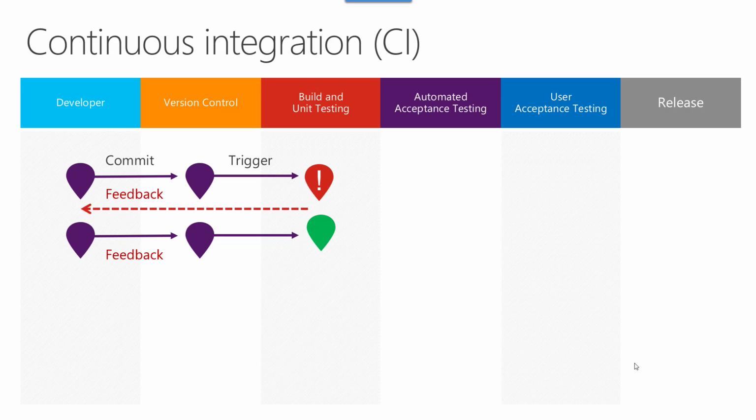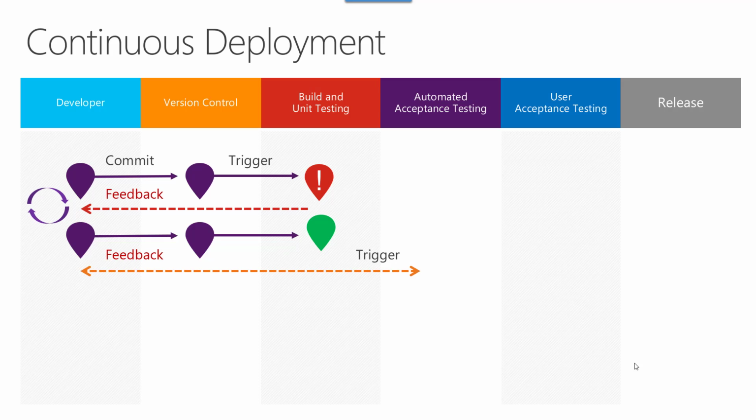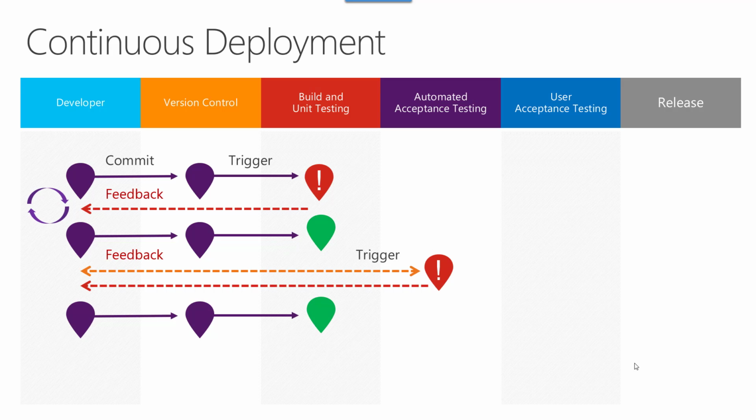Once this happens, this will trigger the deployment. By triggering the deployment pipeline, the deployment starts by picking up the package from the repository and provisioning the environment, deploying the package to the environment, and running the automated acceptance test. If the test fails, then this will give feedback to the developer. So the developer now needs to fix the problem. Then after the developer fixes it, it goes through the steps from the beginning.